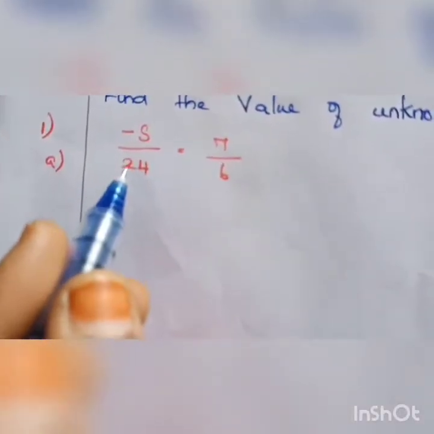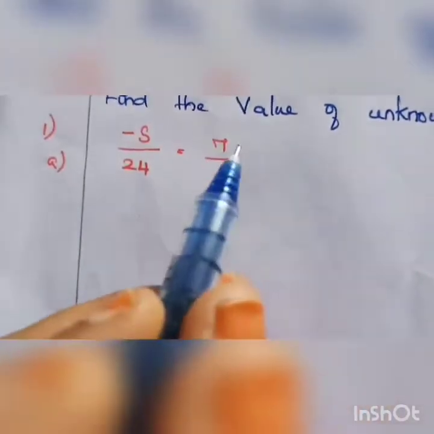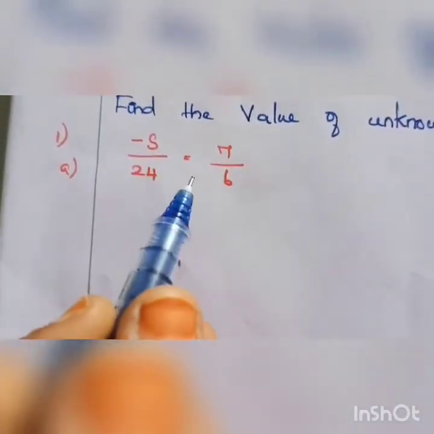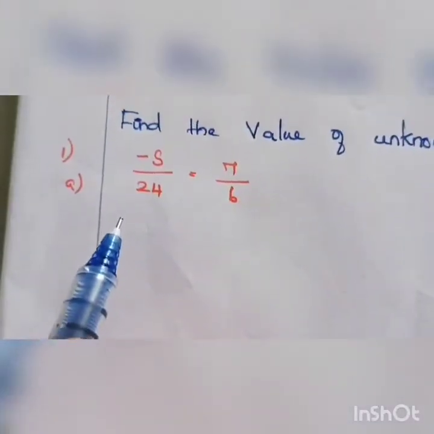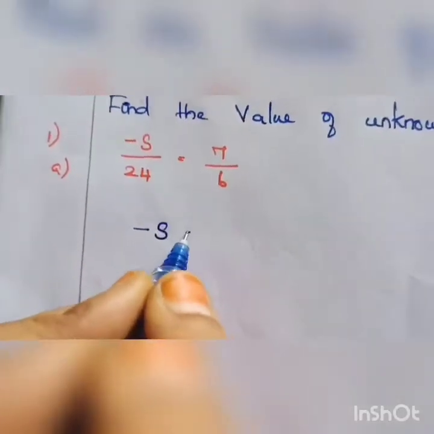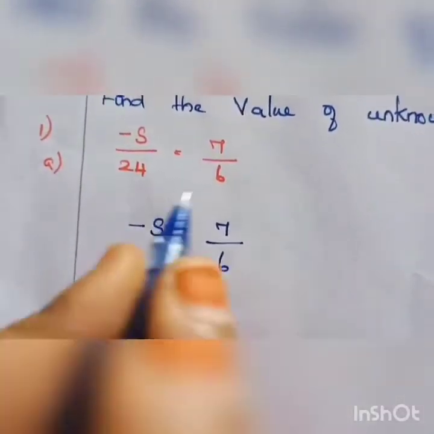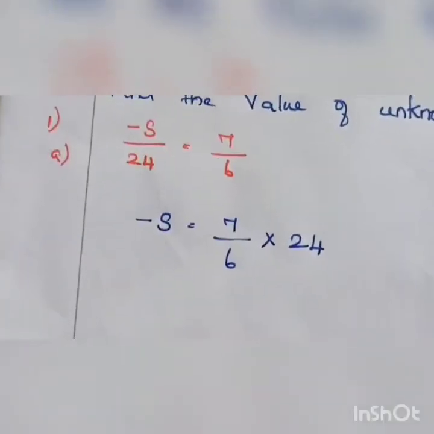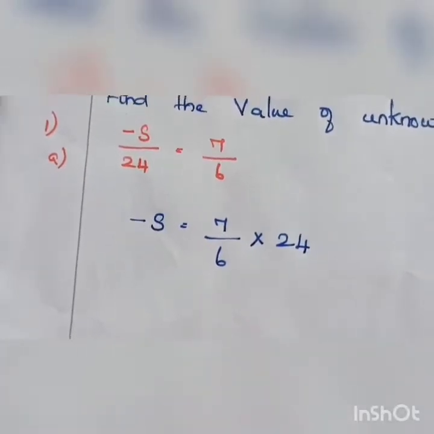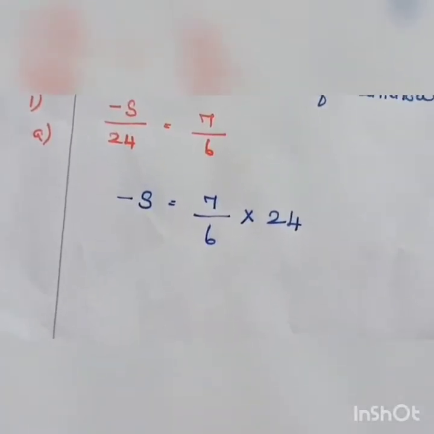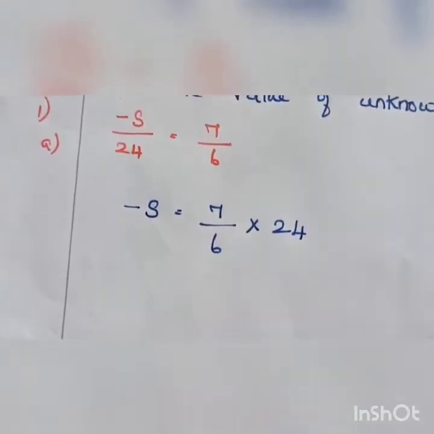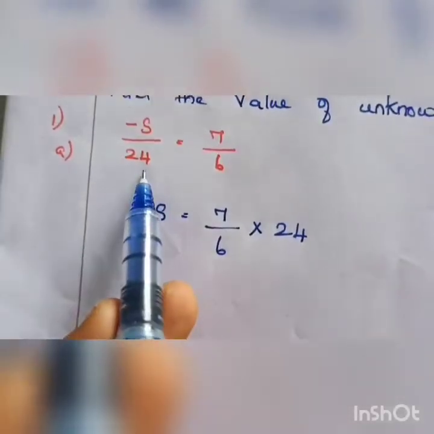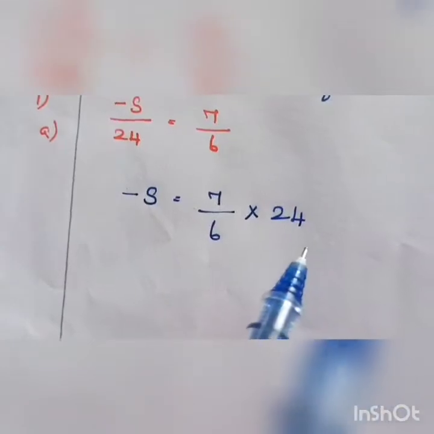24 is in division. If you move it to the other side, it converts into the opposite operation, which means divide becomes multiplication. So your first step is just moving that 24 to the other side: divide becomes multiplication. Why are we doing this? Because we are finding s, so we have to find the unknown value s. For that purpose we are moving 24 to the other side. Do you understand? Divide opposite is multiplication. So moving the divide 24 to the other side, it becomes multiplied by 24.